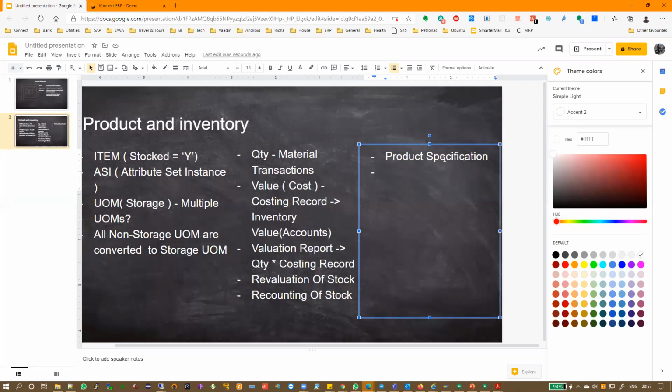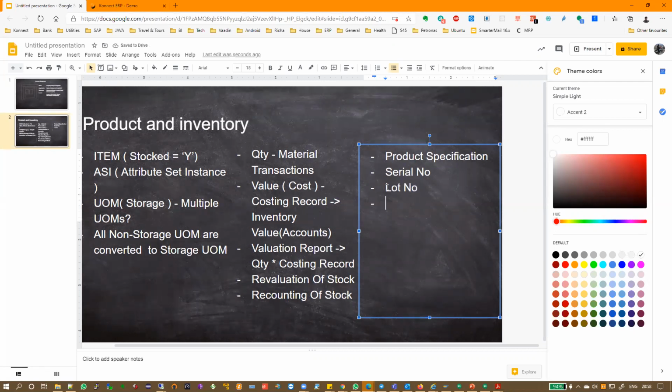Let us see. Next thing is, as you all know, for any product tracking, what you need is a serial number. So how is serial number tracked to product inventory? We will see that also in some time. But just to cue, all of this in other ERPs is handled differently. For us, we are handling it in a very simple and unified system. Then some people might want to have a lot number.